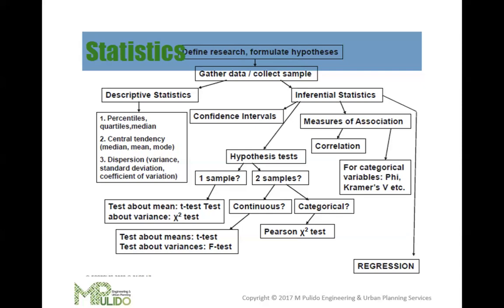Descriptive statistics. I've mentioned already about descriptive and inferential, but let's try to do it as you can see in the diagram here. I can repeat what I've mentioned about descriptive statistics and its role. Descriptive statistics summarize and describe the main features of a data set, providing a simple overview of the data, through percentiles, quartiles, median.